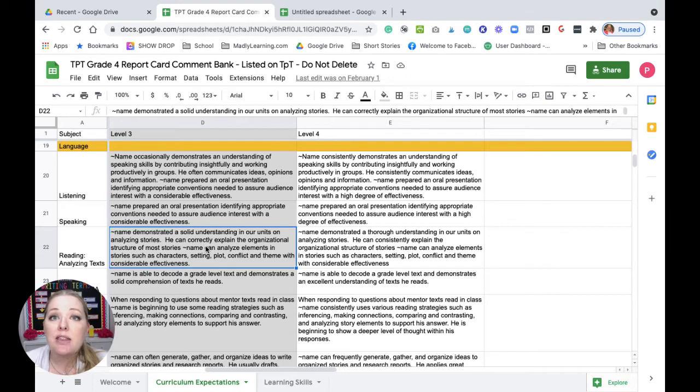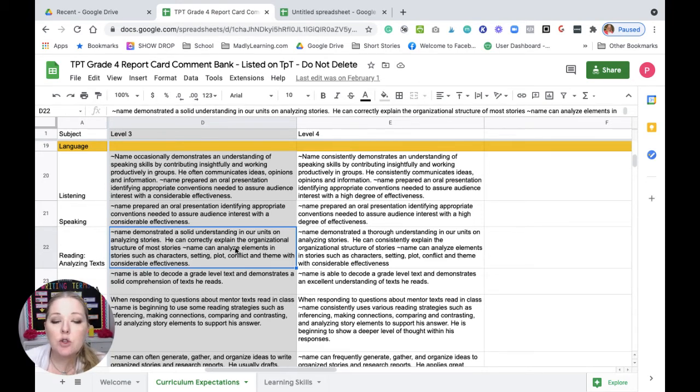It also may mean that my next step for that student, if I'm pulling out conflict and theme, their next step can be easily related to, okay, they didn't do so well at that, that's automatically going to be their next step that we can add in for that student. It makes it really easy to pull that together and make it make sense that way.